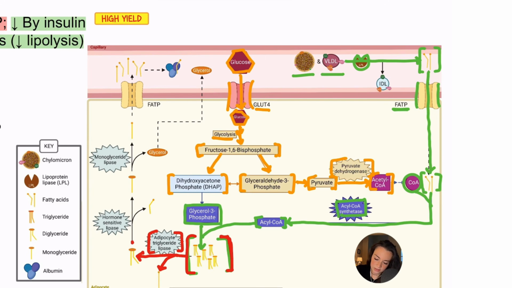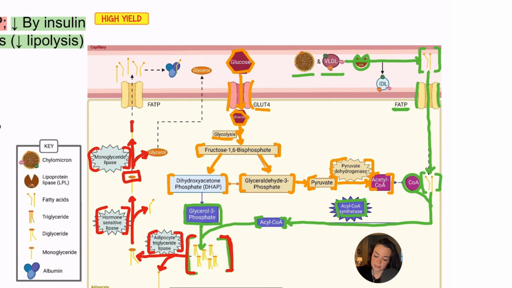That diglyceride is going to have another fatty acid tail plucked off via hormone-sensitive lipase, and that will leave you with a monoglyceride. And just so you're aware, in a lot of books and even test questions, they're going to sort of use hormone-sensitive lipase as the representative enzyme for lipolysis. So if you have to memorize one name, it would be the hormone-sensitive lipase, which turned our diglyceride into a monoglyceride, and then monoglyceride lipase is going to take that monoglyceride, pull off that glycerol backbone, and just leave you